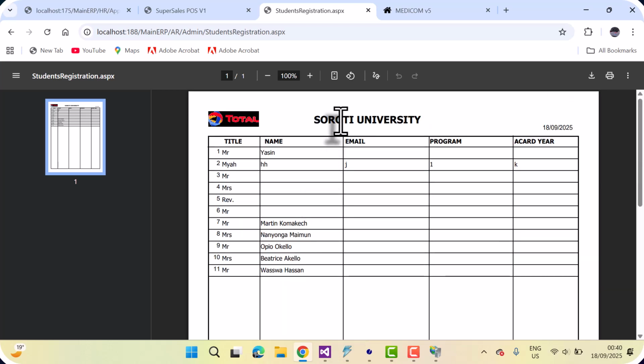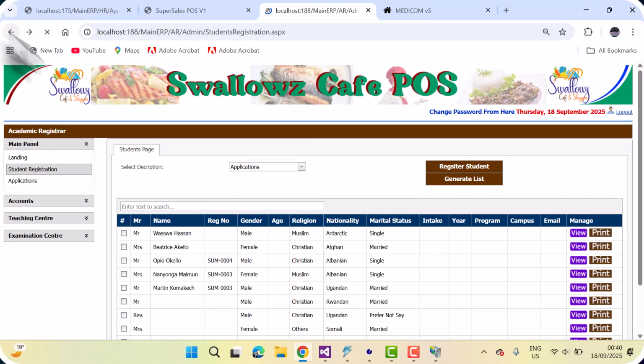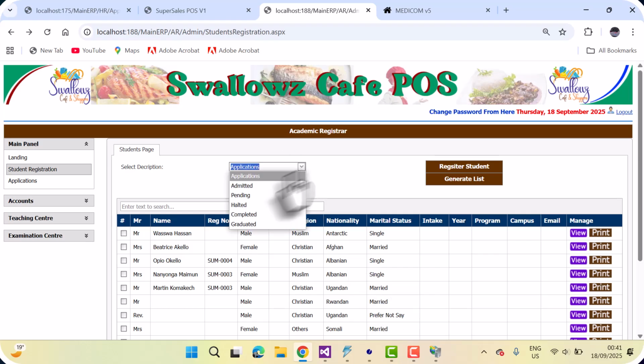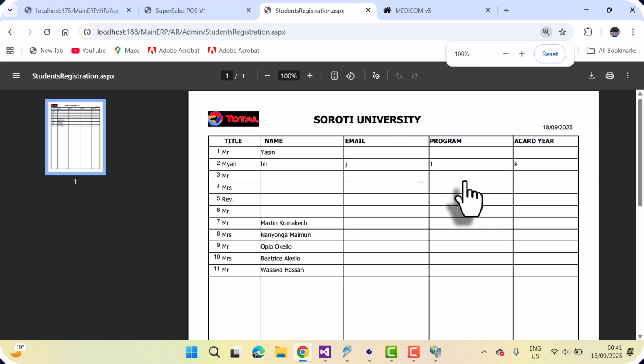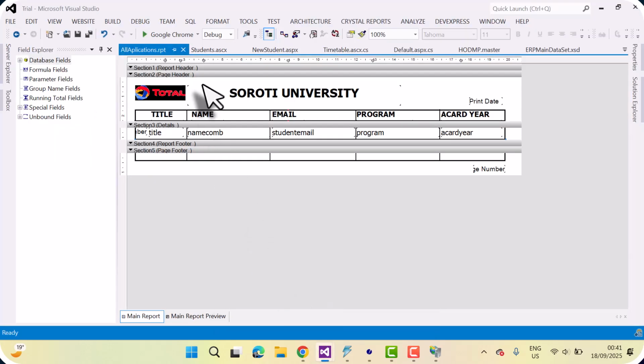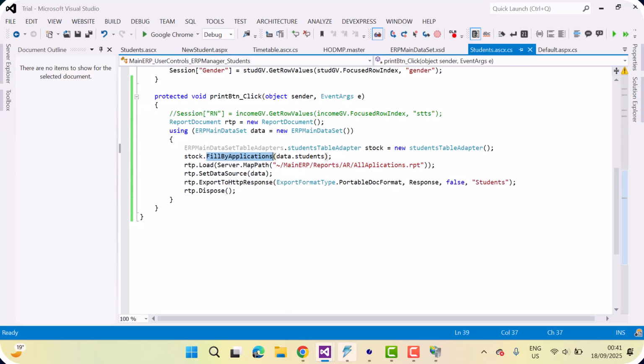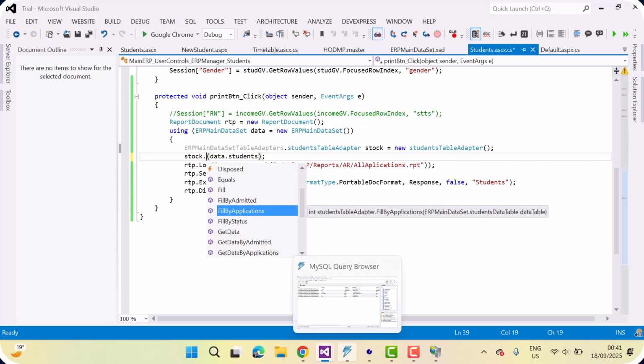Yes, so if you try to do admitted, generate the list. Wow, so I told you this. This method only works because there's this field by, which is only picking for us the students who have applied. This one here, field by application. But if you wanted to pick by a general, you can say field by status. You get it, and it will give us here. So it will ask us that there's something we're missing. Then we come and pick our what? We pick